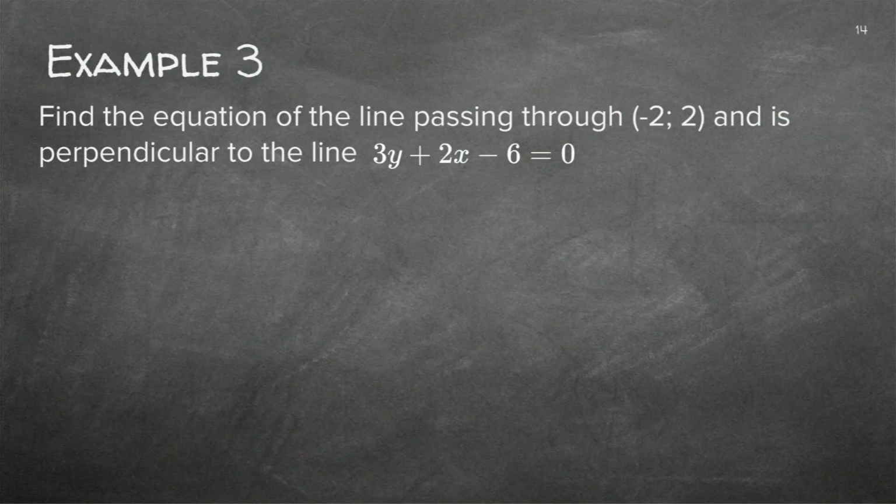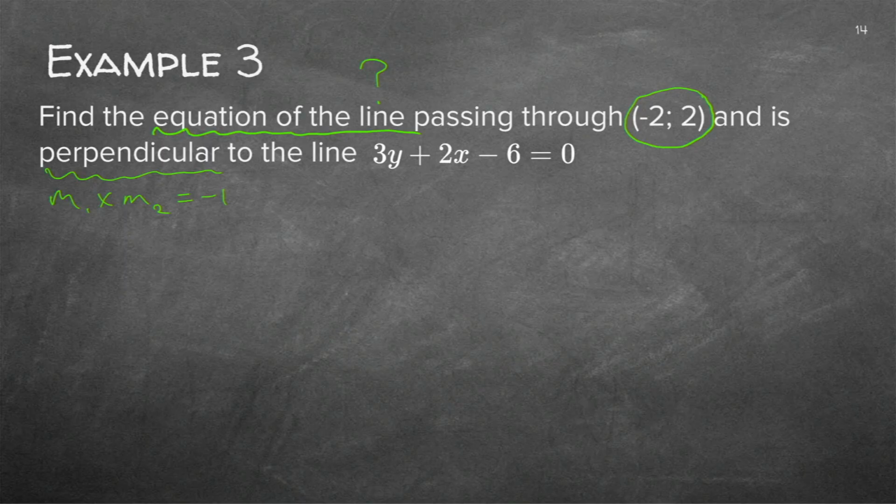Let's read. Find the equation of the line. So this is my question. I can actually immediately write down a formula, but I'm just going to read a bit further to see which one of the two formulae I will pick. Through this point, they gave me one point, and perpendicular to. Now I'm stopping just there. Perpendicular to means I'm going to take the one m, multiply it with the other m, and that should give me minus 1.